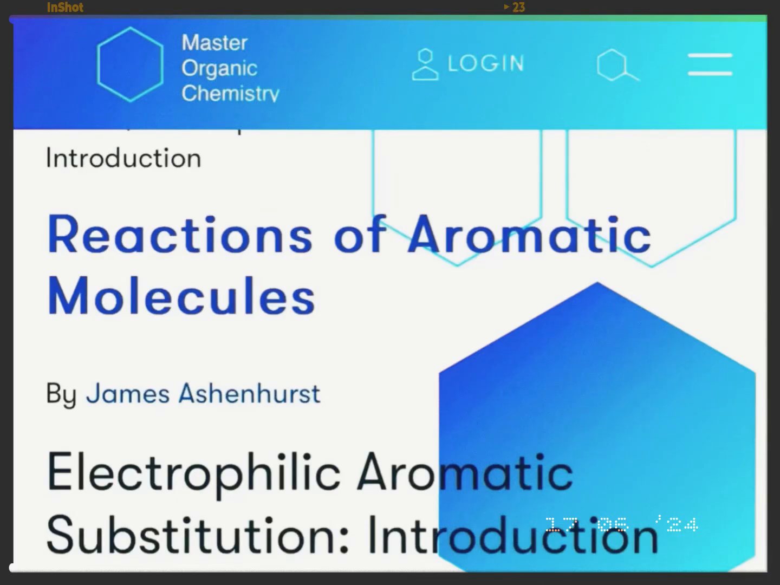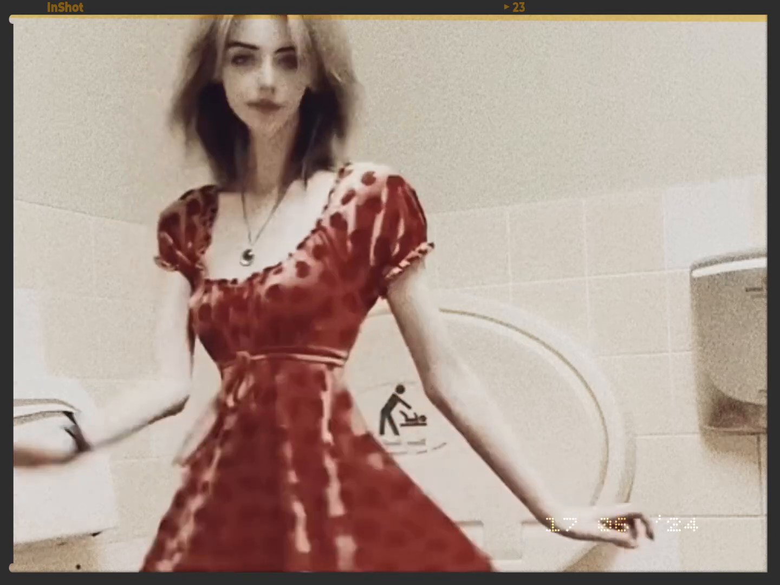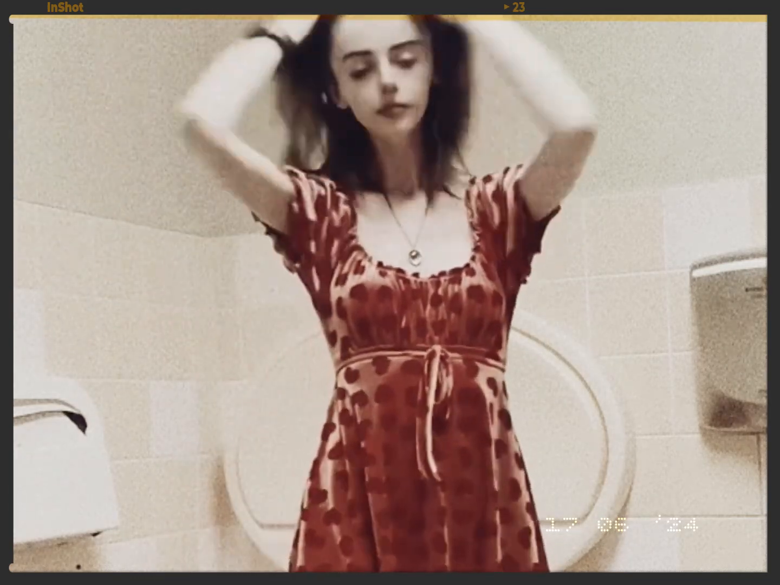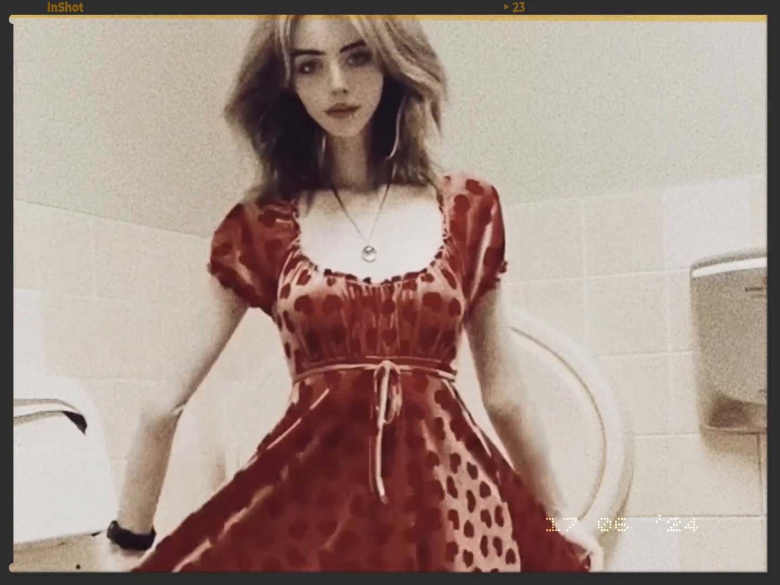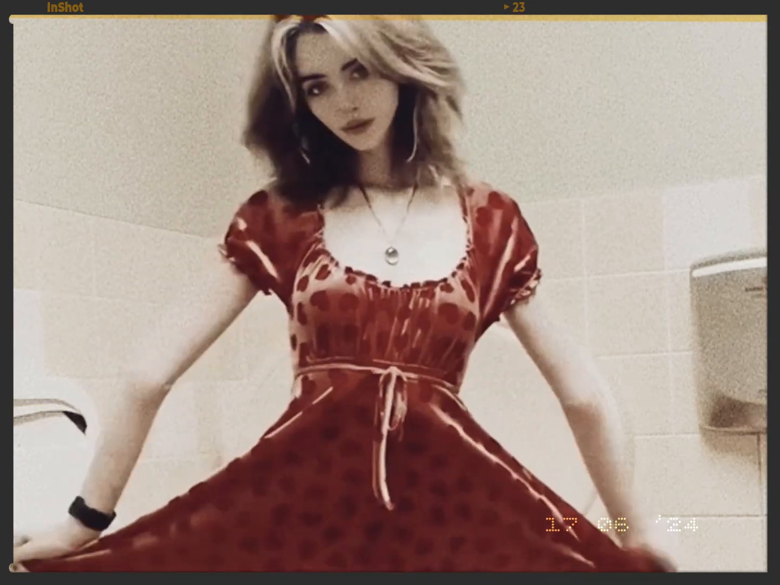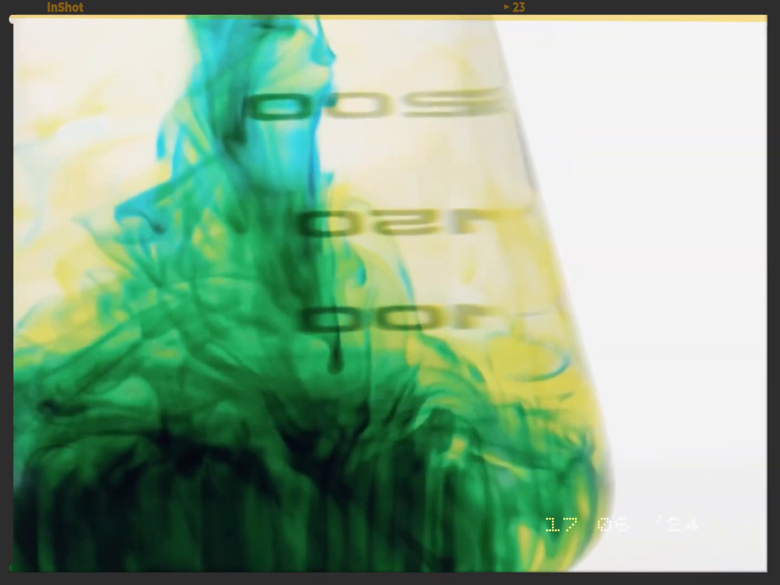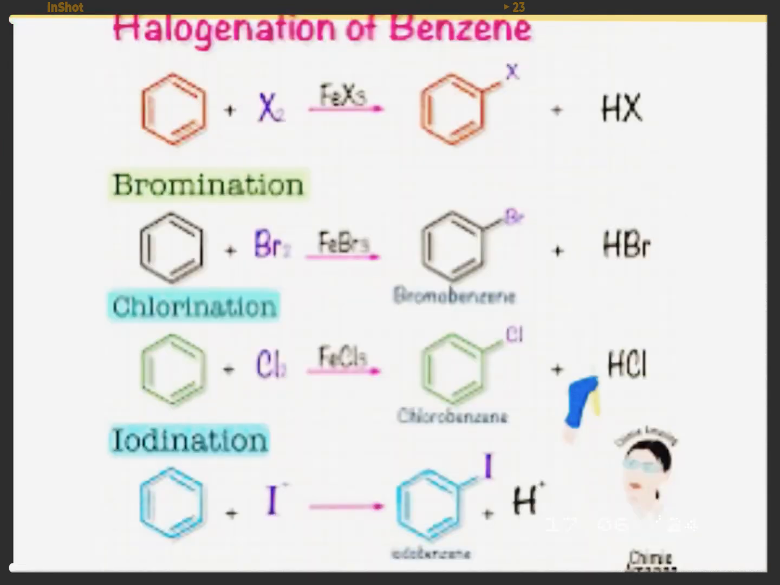Reactions of aromatic molecules: electrophilic aromatic substitution, introduction. Six key electrophilic aromatic substitution reactions. In electrophilic aromatic substitutions, a C-H bond is broken and a new C-E bond is formed, E being an electrophilic atom such as Cl, Br, or N. There are six key electrophilic aromatic substitution reactions in most introductory organic chemistry courses: chlorination, bromination, nitration, sulphonation,